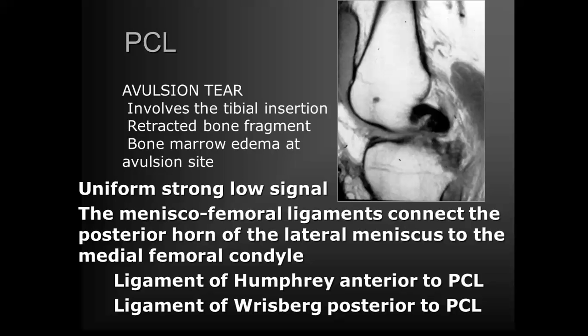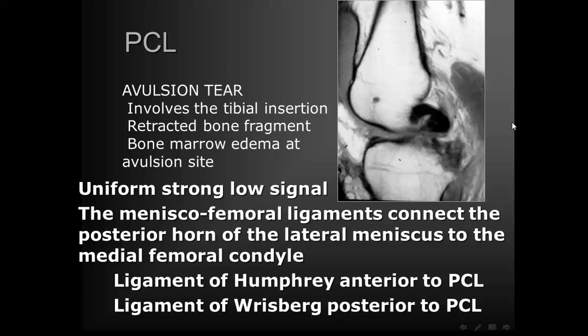Intraligamental cyst. The PCL may be avulsed if there is something involving the tibial insertion, like here, this one, with the retracted bone fragment and bone marrow edema appearing as T1 hypointense. It is usually not involved because it's strong,